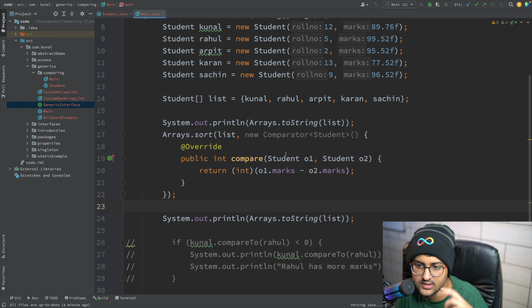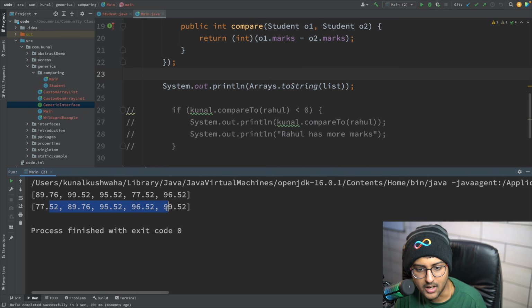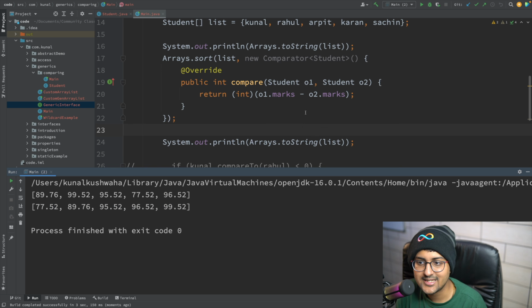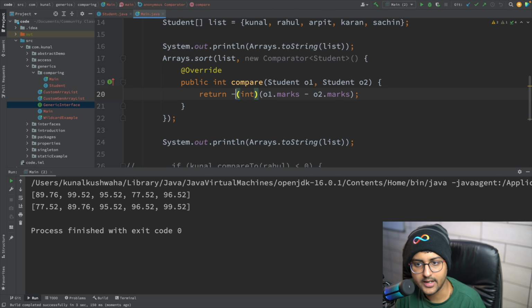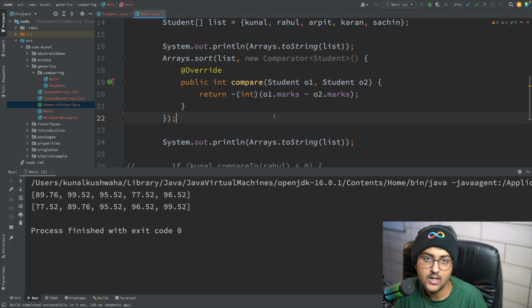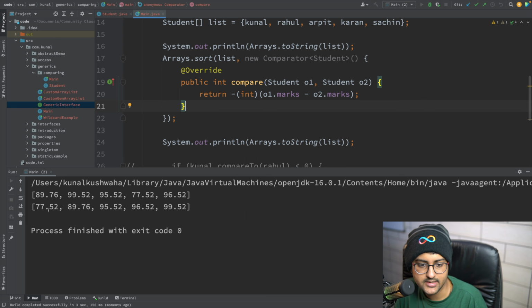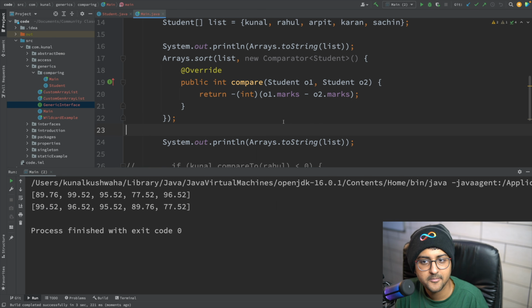Now it will sort according to marks. If you want ascending order, just replace this, or I can just add a negative over here. Now this will sort in descending order. Common sense. That's it.